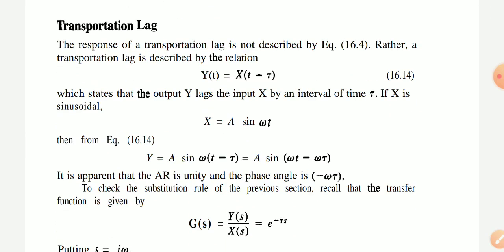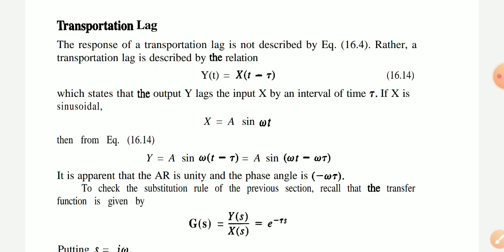Now the response of a transportation leg is not described by equation 16.4. Rather, a transportation leg is described by the relation y(t) = x(t - tau), which states that the output y lags the input x by an interval of time tau. If x is sinusoidal, x = A sin omega t,